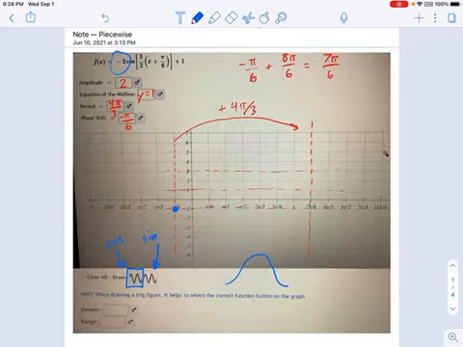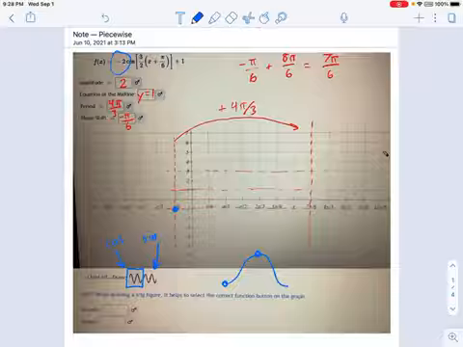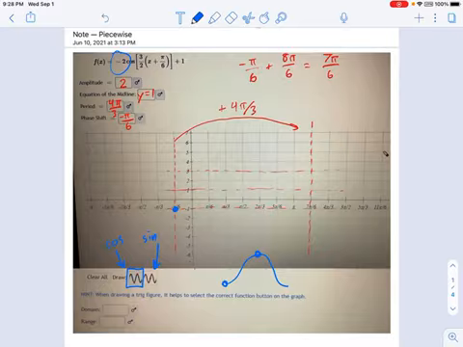So the next point that it wants you to plot, we did one right here. The next one it wants you to do is the top of the curve. So that's going to go in the middle of your graphing window. More like, where are we here? What is the middle of -pi/6 and 7 pi over 6? Well, we can figure that out by taking the average. -pi/6 plus 7 pi over 6.